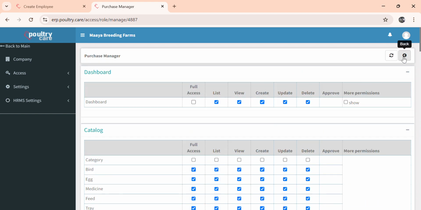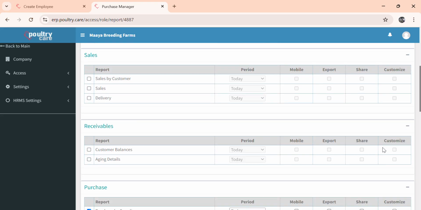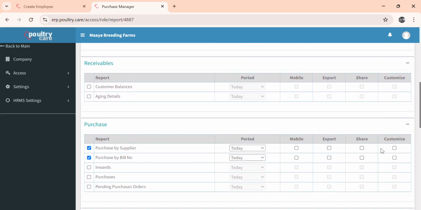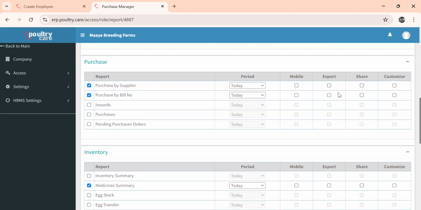Then you go to the reports. Enable the reports which our purchase manager wants to see. Enable the purchase inwards, purchases and pending purchase orders.